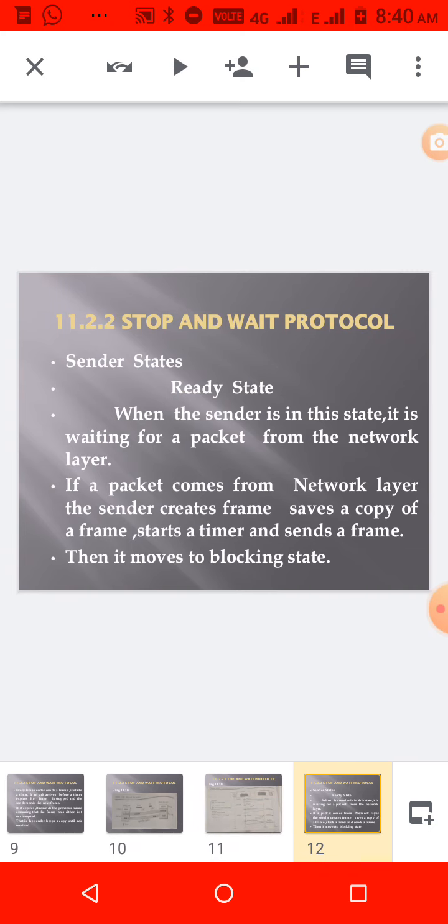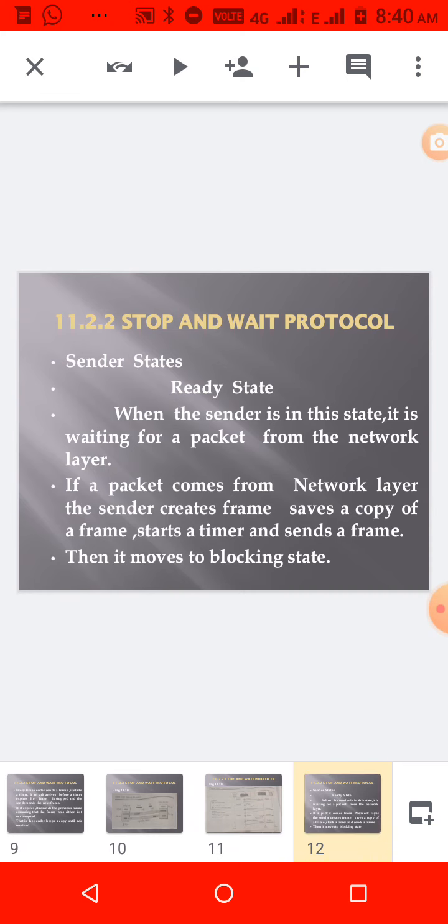Okay. What are the states? Sender state means ready state. Ready means what? It is waiting for the packet from the network layer. Actually, on the sender side, what is the layer above this data link? Network layer. So it is waiting for a packet from where? Network layer only.